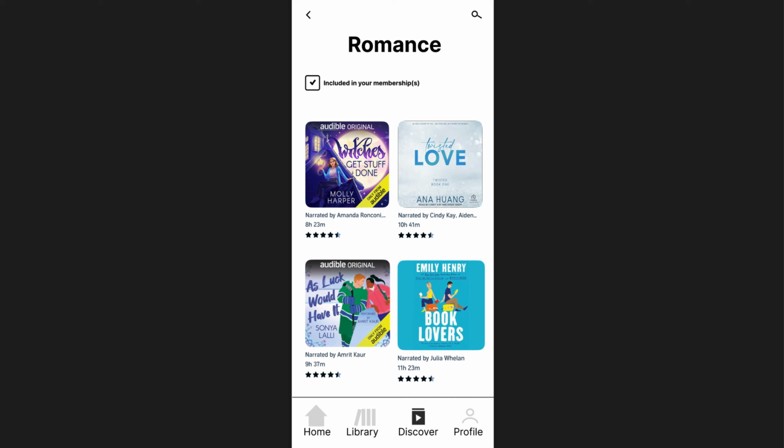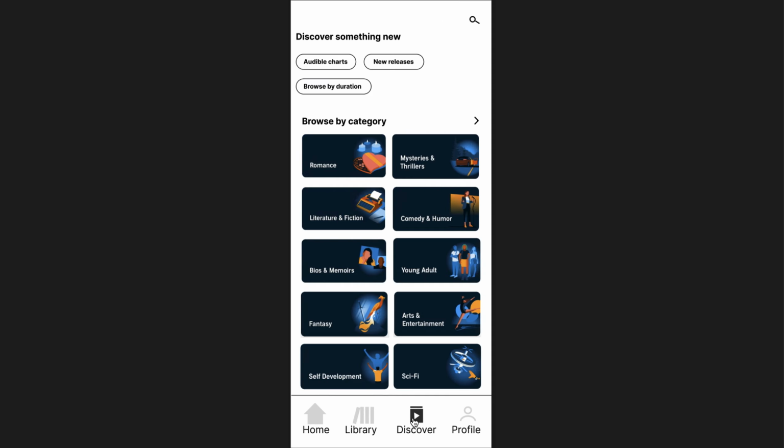But also, the reason why I put it in each category was because let's say somebody wanted to look at what's included first, and then if they're more willing to spend some money, they can uncheck it and look at the extra stuff, like the popular new things. They can do that all in the same genre without having to go back to the Discover page each time,